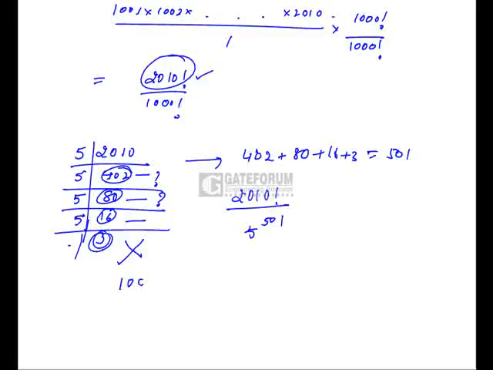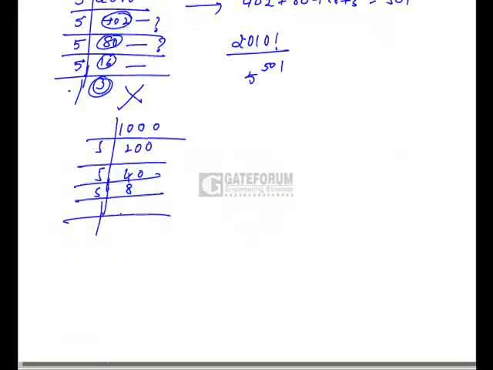Similarly, let us go for 1000 factorial. If I divide this by 5, it will be 200. Again, if I divide it by 5, it will be 40. If I divide it by 5, 8. If I divide it by 5, again it will be 1. Further is not possible. So the exponent of 5 will be 200 plus 40 plus 8 plus 1,